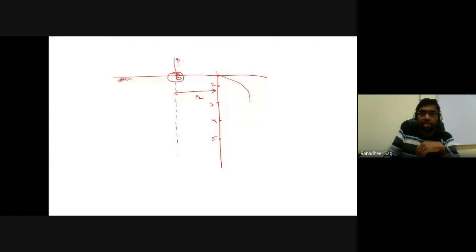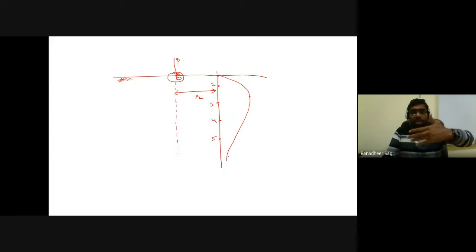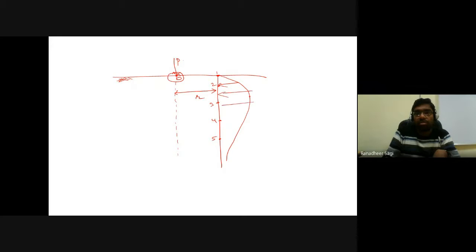and beyond some particular depth, the stress getting developed at further deeper depths continues to decrease. So this is what is called your stress distribution diagram, or the pressure distribution diagram, on a vertical plane, where your vertical plane is chosen at some radial distance, let's say R1. If you are choosing your vertical plane at a radial distance of, let's say, R2,